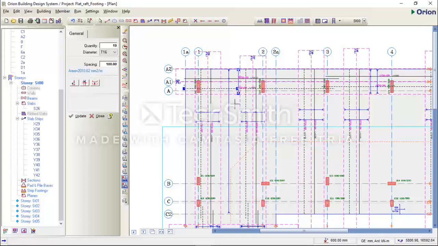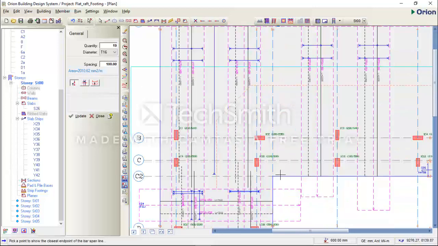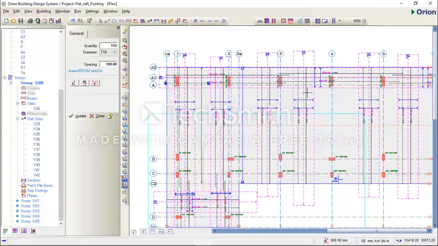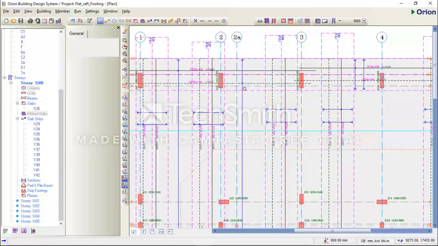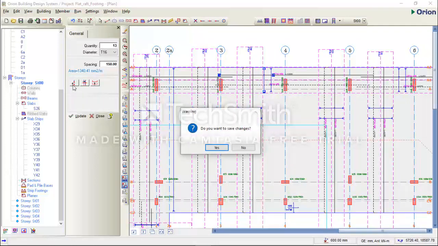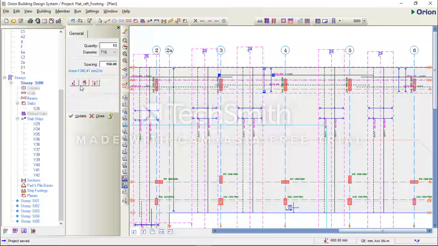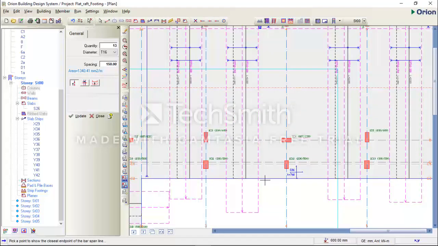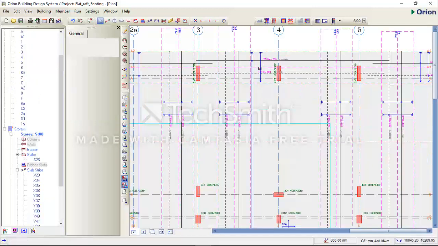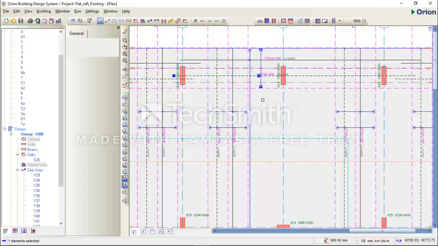I want this to be moved here, and it should extend close to the edge of this slab. Okay, I'll do the same thing. You do the same thing for all the dimension callouts. So I want it to extend close to the edge of this slab. I'll select another callout, the dimension.